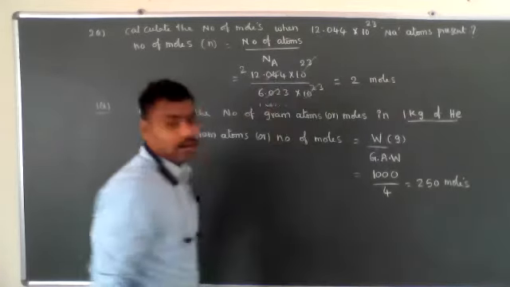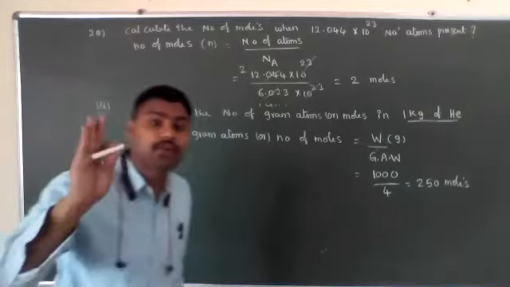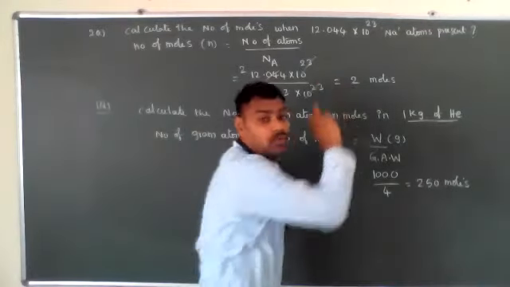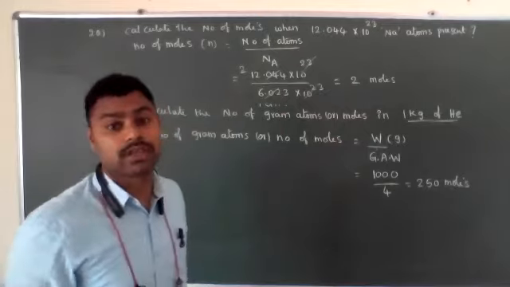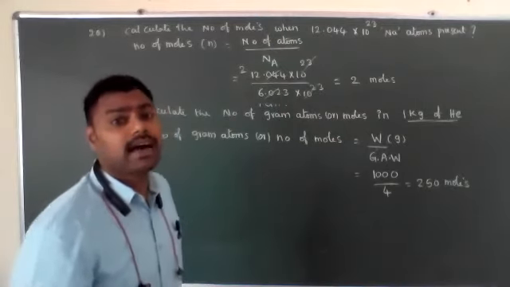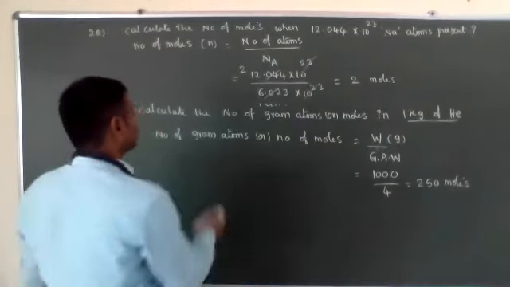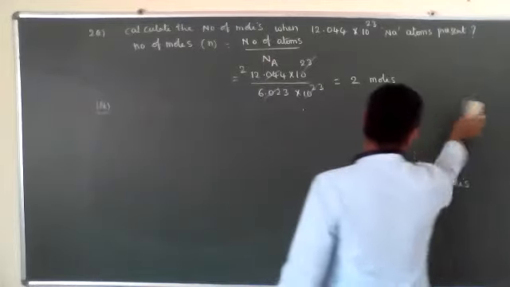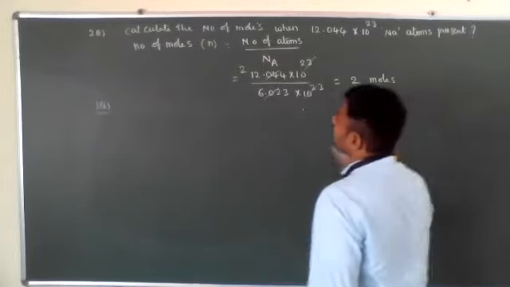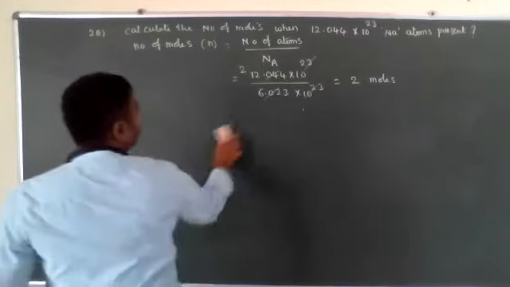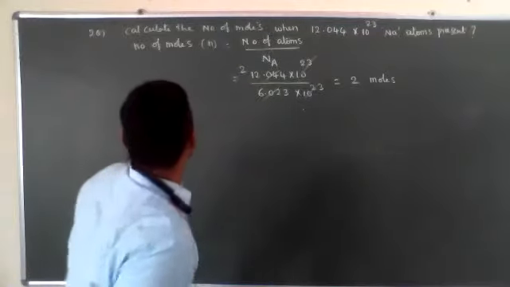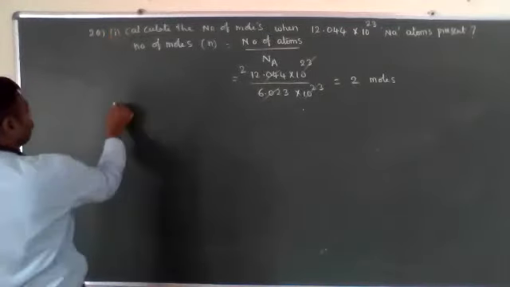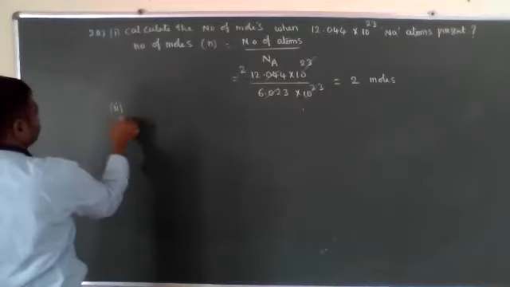Means 12 into 10 to the power of 23 sodium atoms is equal to 2 moles. Now the same question I will convert into another. In the same way, they will ask: first, calculate the number of moles, and then calculate